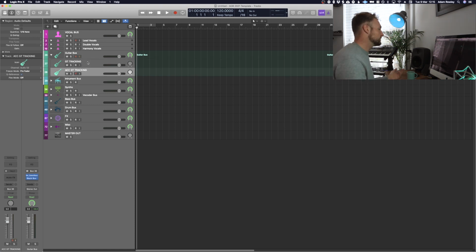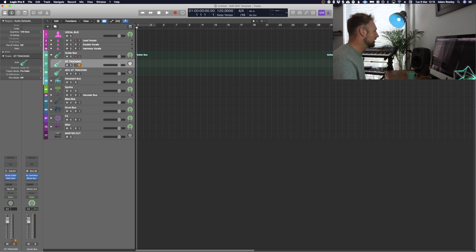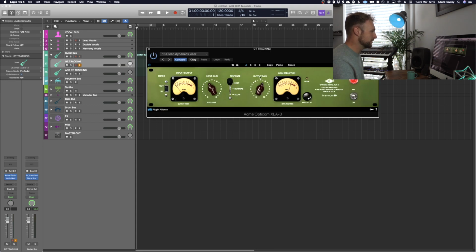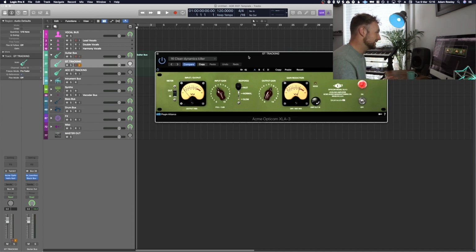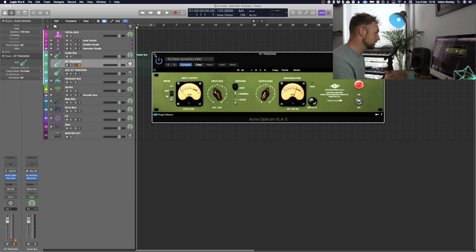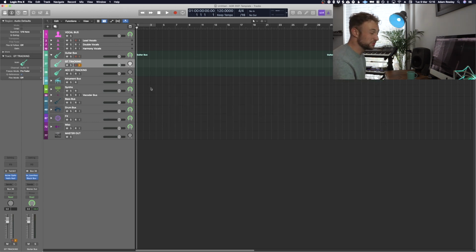I've got an acoustic guitar tracking track, which is just a blank track with an acoustic guitar icon. And then I've also got a guitar tracking track here, which is started with this Acme Opticom. This is something that I'm really loving at the minute, and I got tipped off to it, but actually it's a Mike Crossey trick on guitars. This just sounds fantastic on pop guitars, on clean guitars, also on distorted guitars, but particularly in bringing out nice,